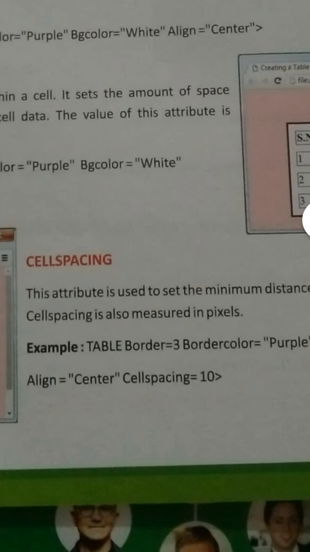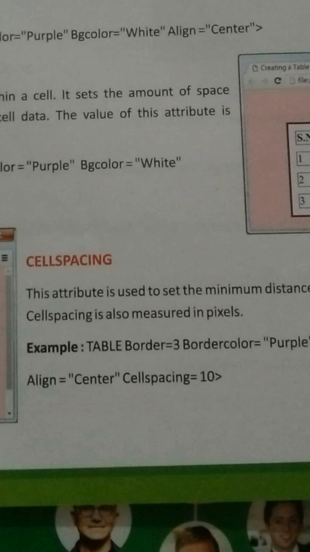One more attribute is here, cell spacing. The cell spacing attribute is used to give space between the cells. How much space you want to give between the cells of the table, you can use cell spacing.